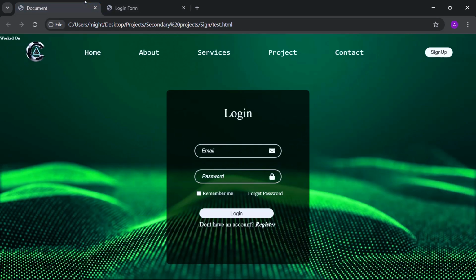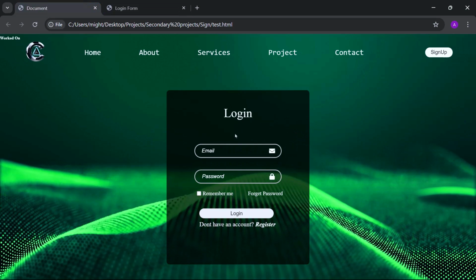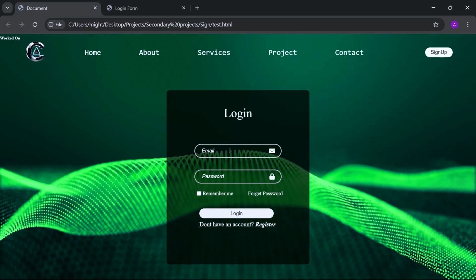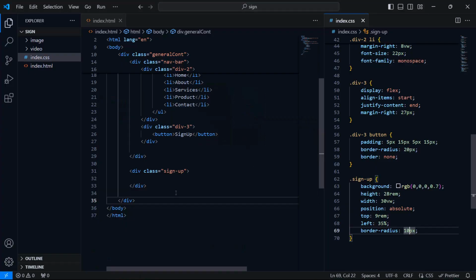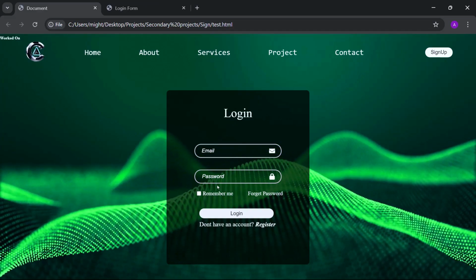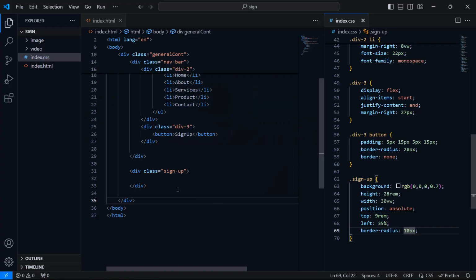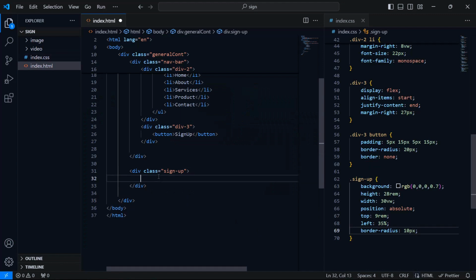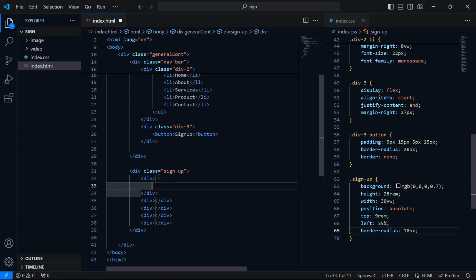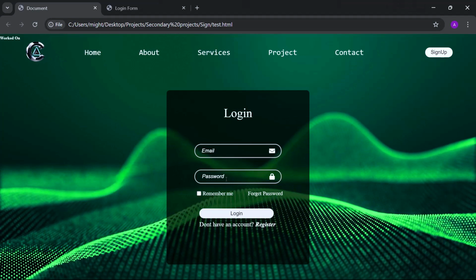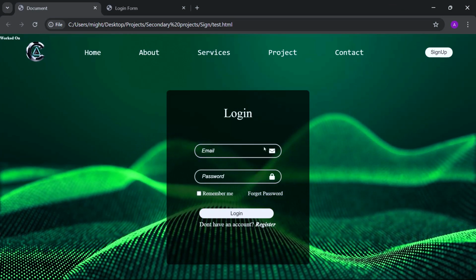Now what is the next thing? The next thing is to have our login, then this input here. So we're going to have about 1 2 3 4 5 divisions in this sign up form. So div multiplied by 5. So we're going to have 5 divisions. In the first division, we're going to have our span that says login. Now in the second division, we're going to have our input, that is this division,